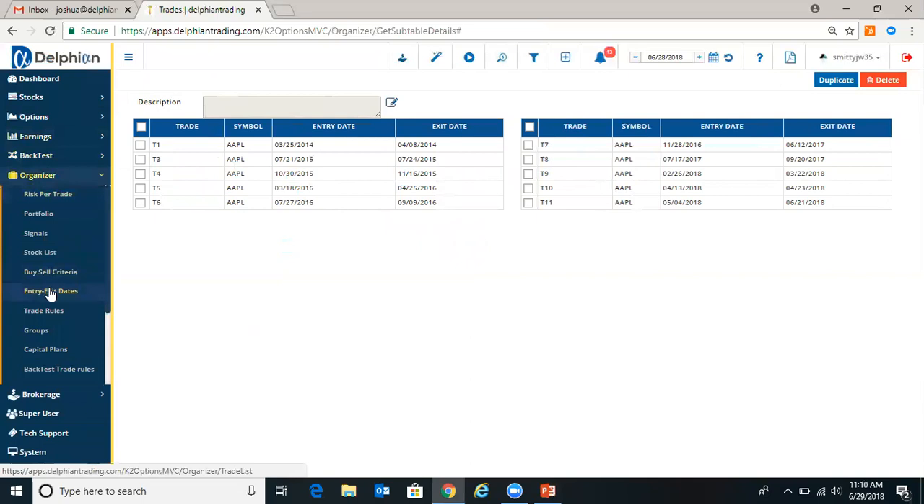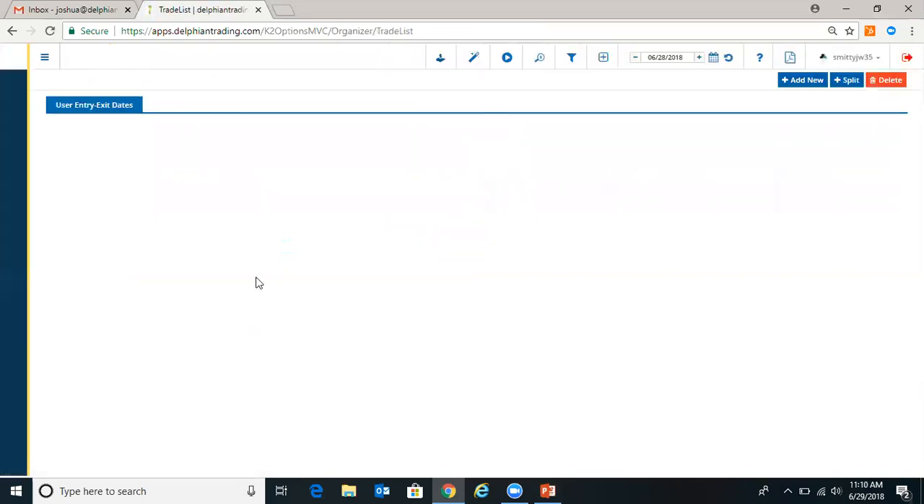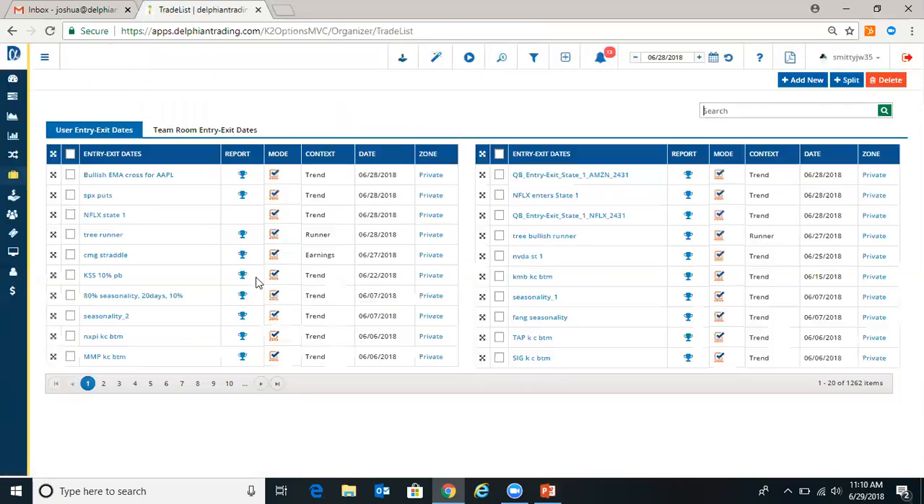Going back to the organizer, the entry exit dates. We can create new ones by adding new. The split button is used if you created entry exit dates with over 1,000 entries, then it'll reflect that. You won't be able to backtest it. So if it was over 1,000, you would have to go in